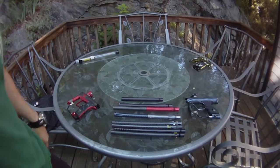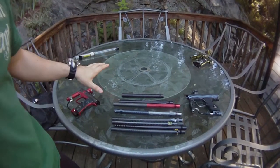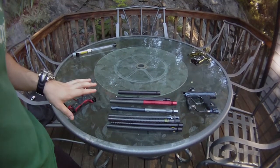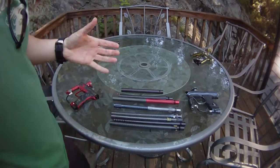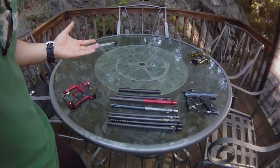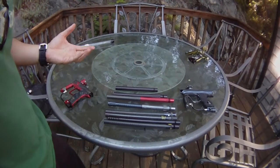Yo, what's up? We're going to talk about our barrels. We've already talked about the stock barrels when we were talking about our markers, but we want to do a little bit of comparison between the ones that we got with the markers and the ones we just bought, because we wanted to see how they were and improve the shooting of our markers. Alright, starting off,